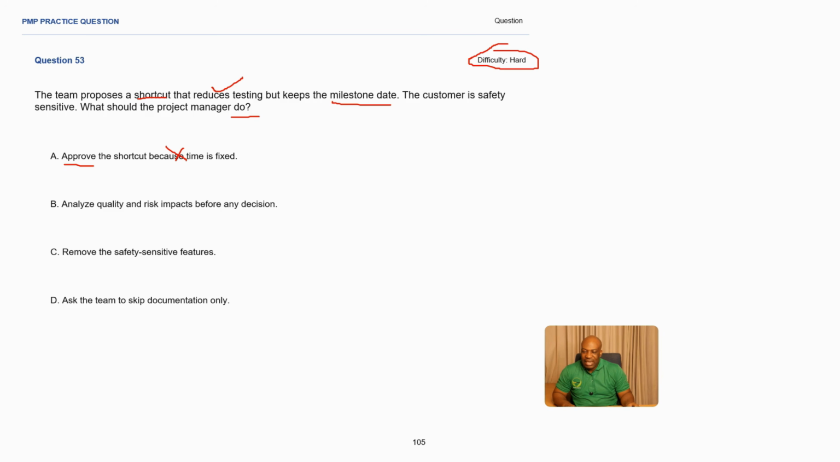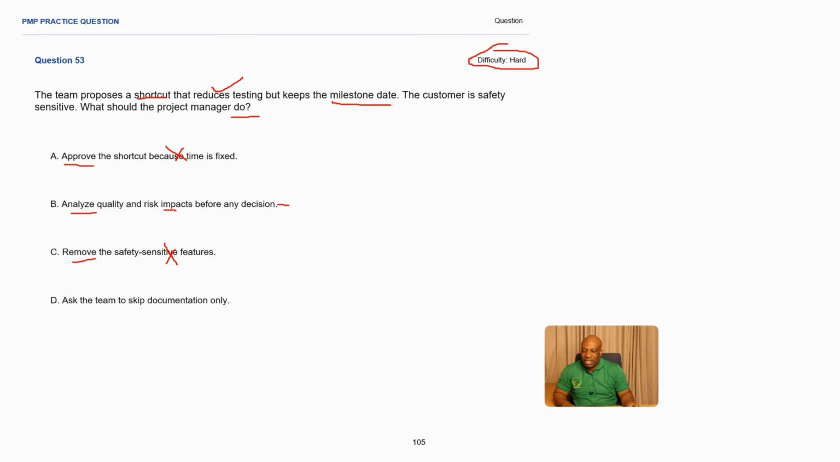B, analyze quality and risk impact before decision. I like this one, especially analyze and then also the impact. Remove the safety sensitive features. You don't just go and remove features in a project environment. It has to be done by either the product owner or even by the users or even the sponsor, if it's predictive. If it is agile, then it has to be the product owner,